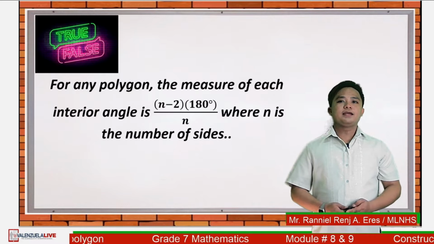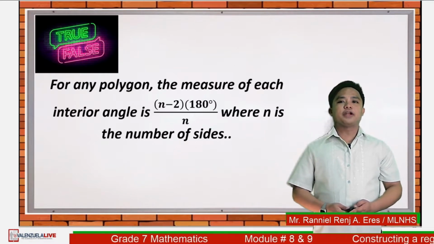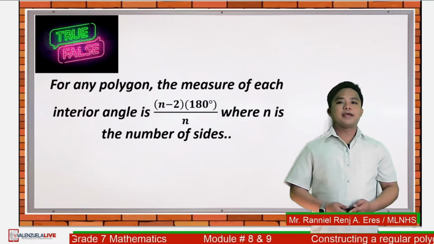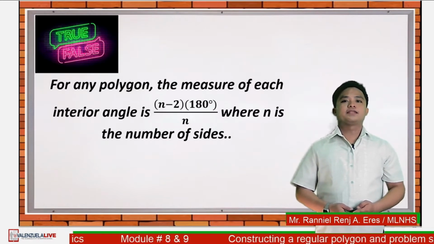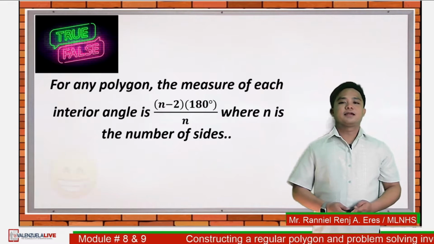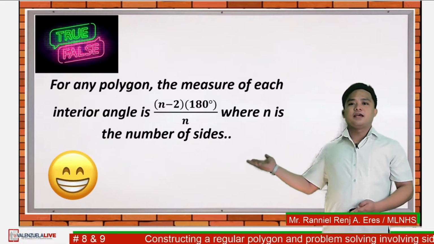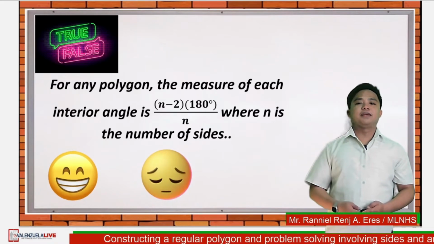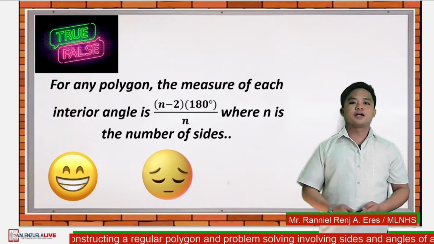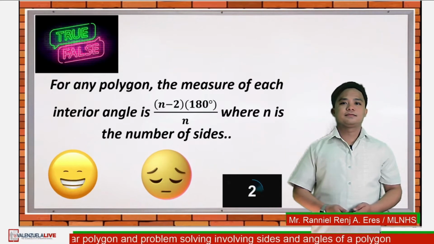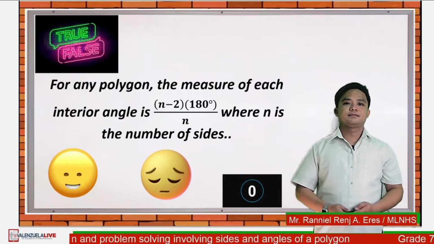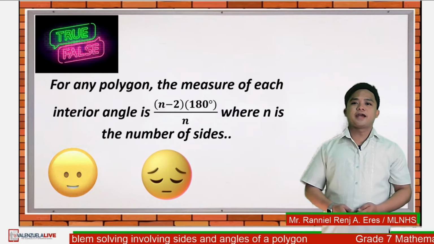Okay, next statement. For any polygon, the measure of each interior angle is the quantity n minus 2 times 180 degrees all over n, where n is the number of sides. Again, comment a happy face if your answer is true and sad face if false. Your 5 seconds starts now. Okay, time's up. So the correct answer is